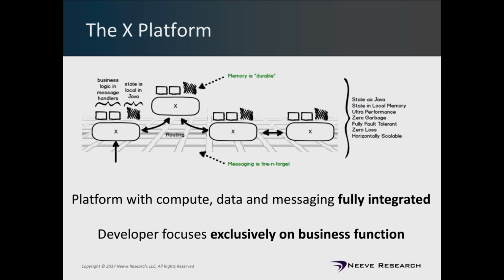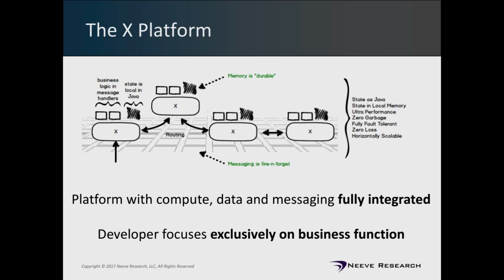From a developer point of view in X, effectively a developer works on writing business logic and message handlers, works with state as POJOs, works with messages as POJOs, does fire and forget based messaging, which means populate the message and send it out and forget about it. It will get to the destination. Update your state using POJOs and forget about it. It will make sure that it is durable. And between being able to view memory as durable and working with messaging in a fire and forget fashion, you're in a position to be able to create very flexible microservices-based applications where you can snap these agents in and out very easily.